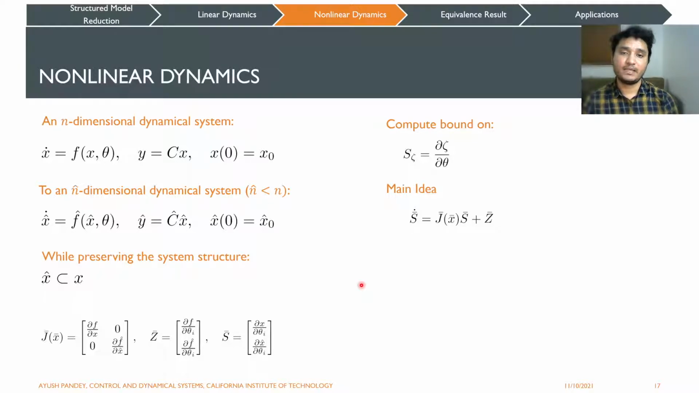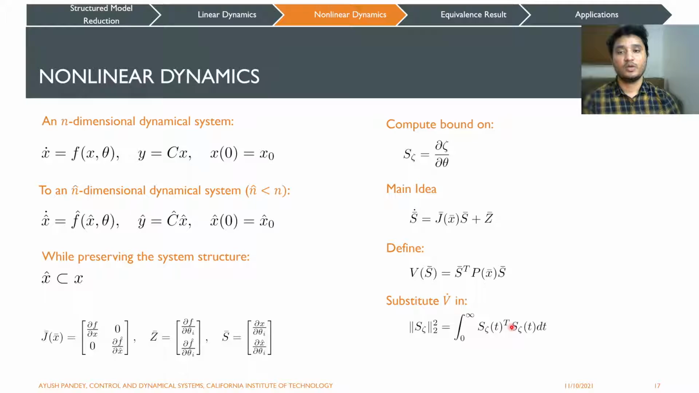And the main idea behind the proof is to use the sensitivity equation for the nonlinear systems at each point in trajectory. So where J bar is the Jacobian, which is the block diagonal Jacobian for the full and reduced models. Similarly, we have the augmented vectors Z bar and S bar. And we define this Lyapunov function. And by the use of the derivative of this Lyapunov function and the norm integral, we can solve this integral to give the bound